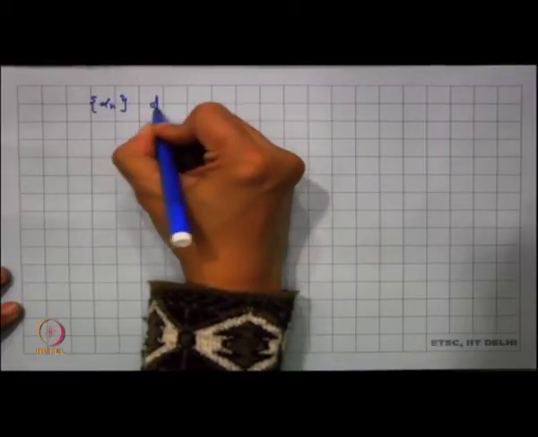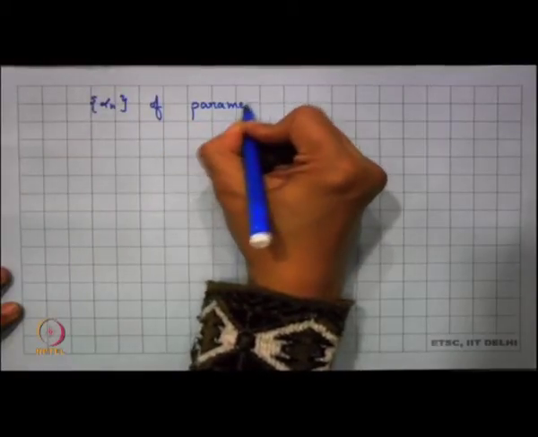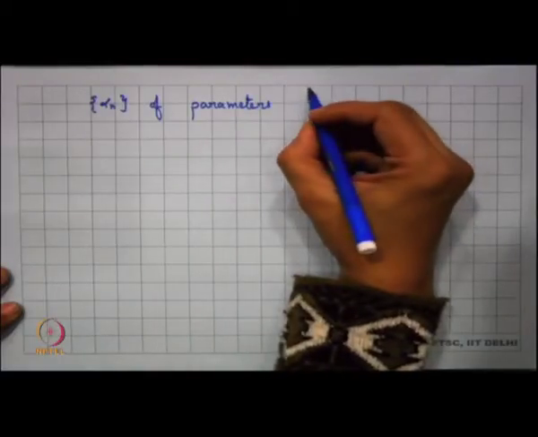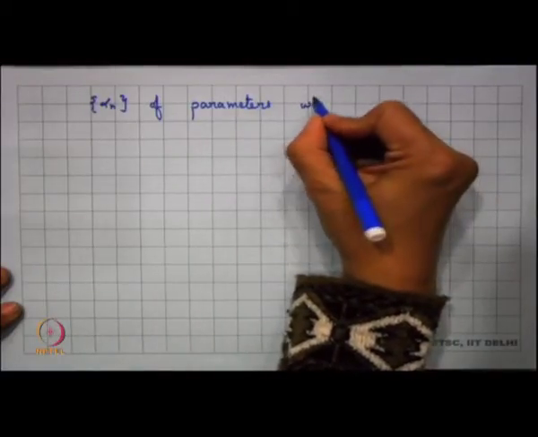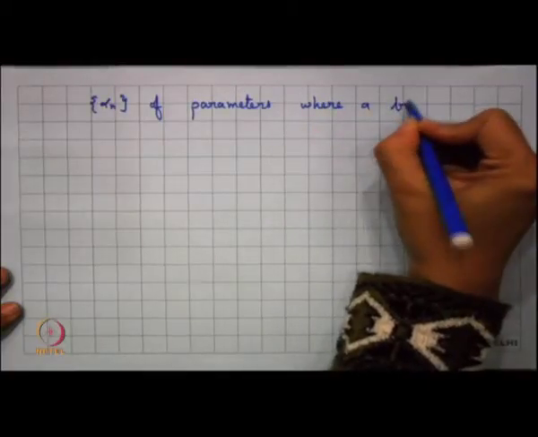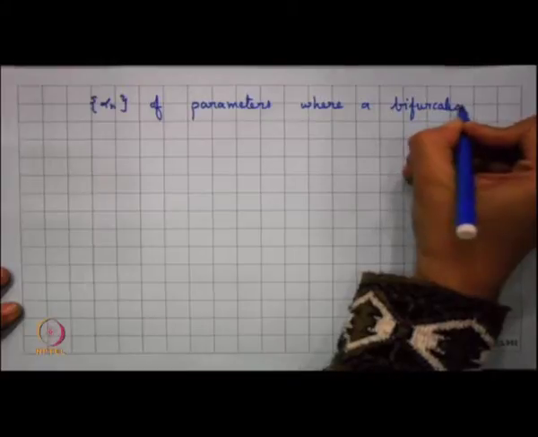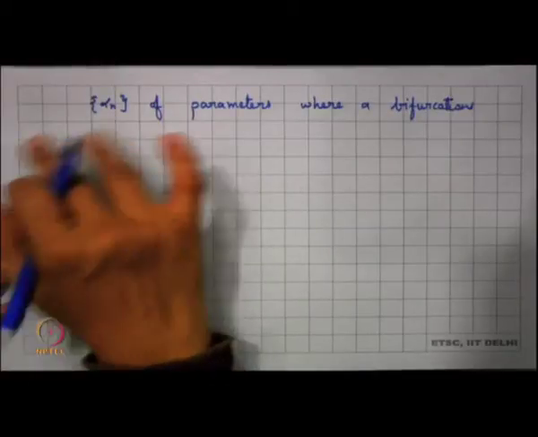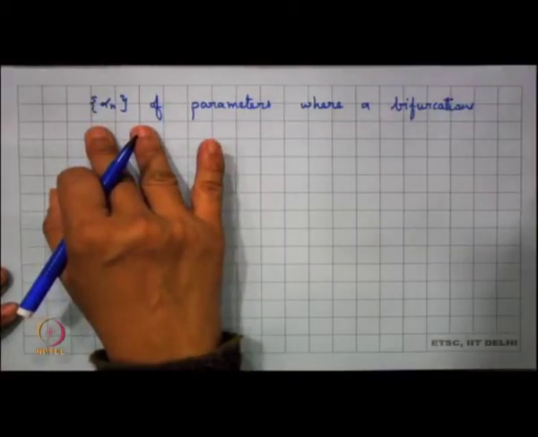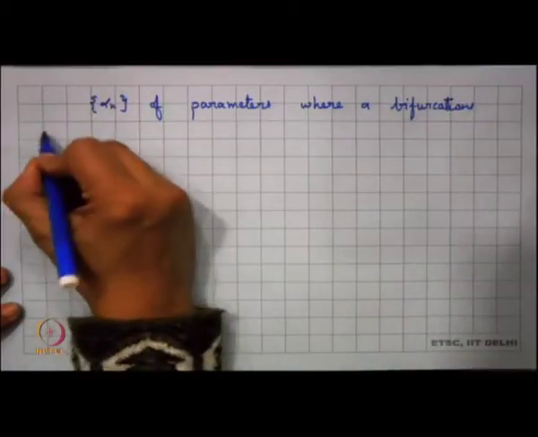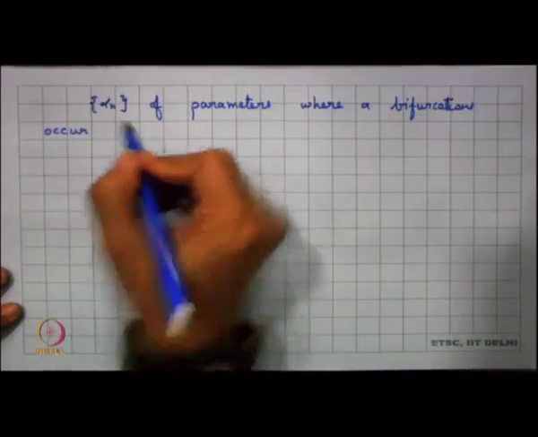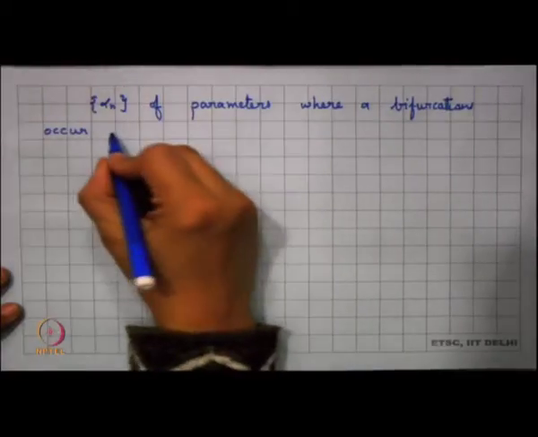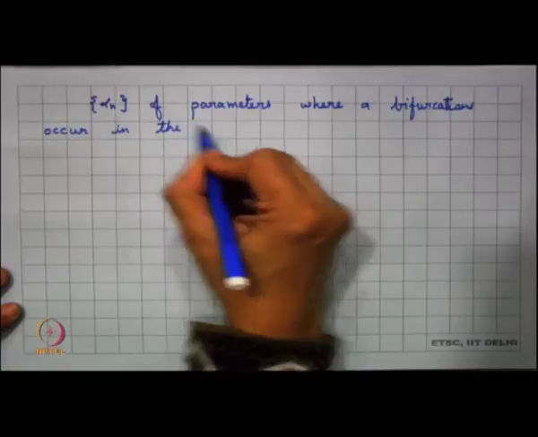So, we look into this logistic map, and we say that we have this sequence alpha n's of parameter where a bifurcation occurs. So, the dynamics remains actually constant for a long stretch of alpha, and then it changes at some particular point. So, we have this alpha n to be the sequence of parameters where bifurcations occur, and we are looking into a logistic map, in the logistic family.